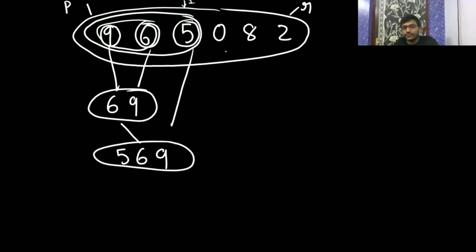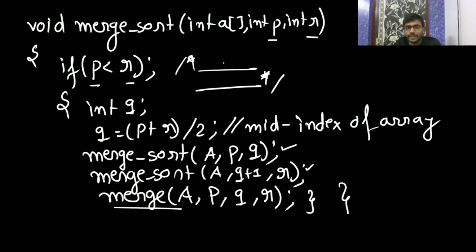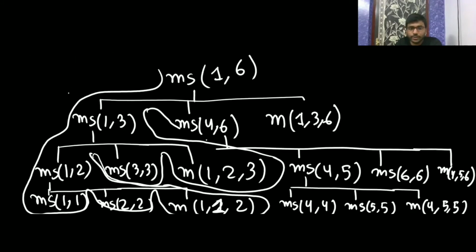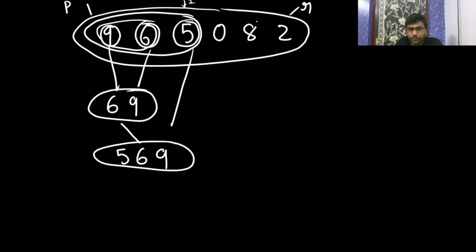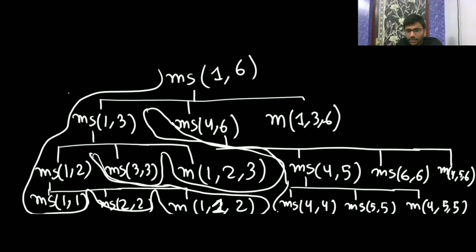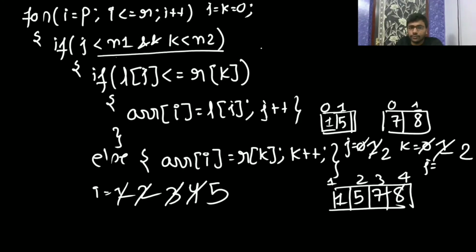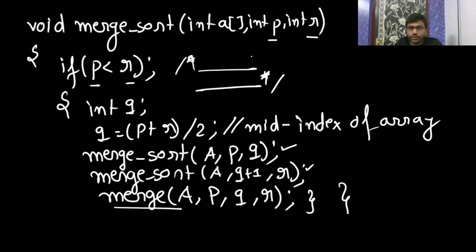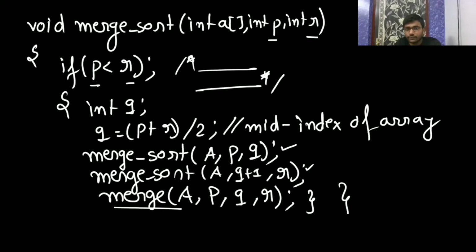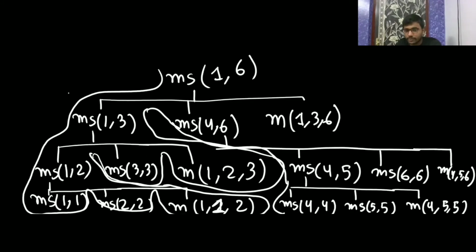Now you are calling this function, the index is 1 2 3 4 4. On 4 you are going to call on 4. Now it is going to call on 4, then it is going to do 4 5. Merge sort is going to call on 4 5. Now on 4 5, 4 is 5. Then merge sort is going to call on 4 and 4, and also 5 and 5. 4 4 you have done, then 5 5 you have done.